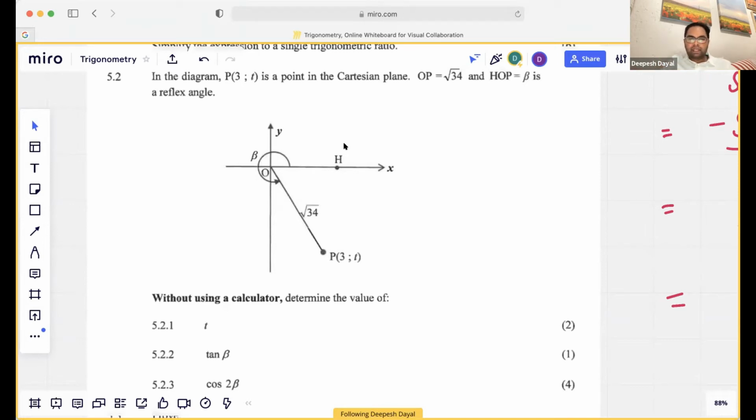Okay, I'm getting a lot of -5. Okay, let's look. So t is what? It is the y, right? So we've got a y here, which represents